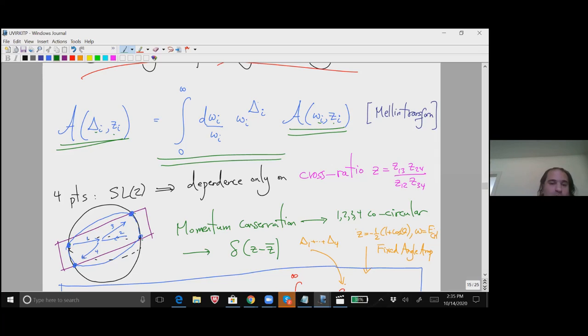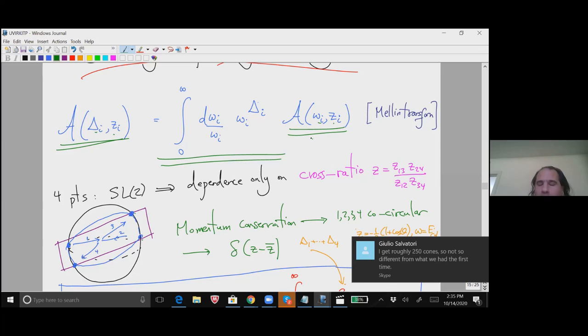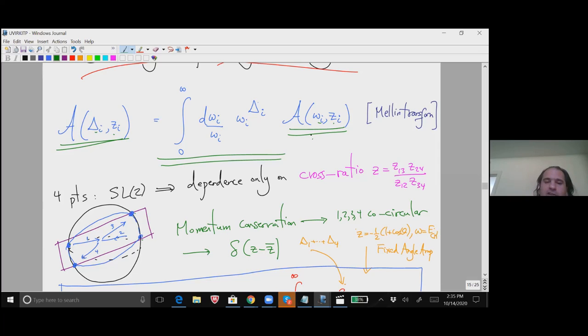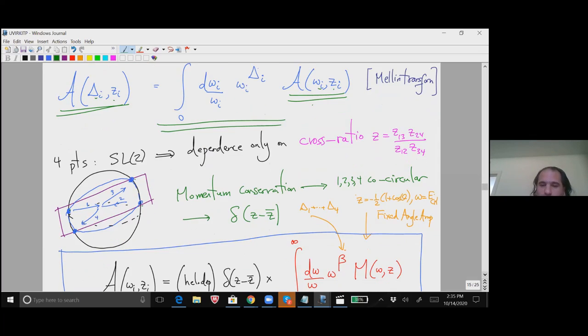You see this explicitly if you put in the momentum conservation delta function here. When all the dust settles, you get a factor of delta of Z minus Z bar, precisely reflecting the simple geometric fact that because of momentum conservation, the 4 vectors lie in a plane. All right, so